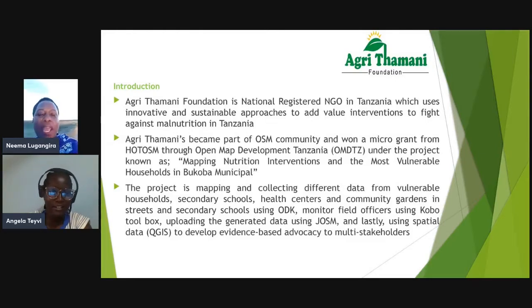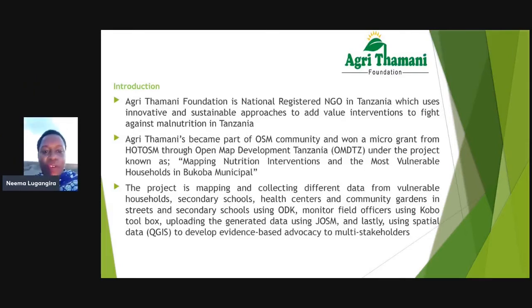Anyway, basically, Agri Thamani was formed to add value towards ending malnutrition efforts here in Tanzania. And when we saw the community grant call, we applied because we saw it's a unique opportunity for us to be able to understand the nutrition challenges, but also how deep the nutrition needs are.